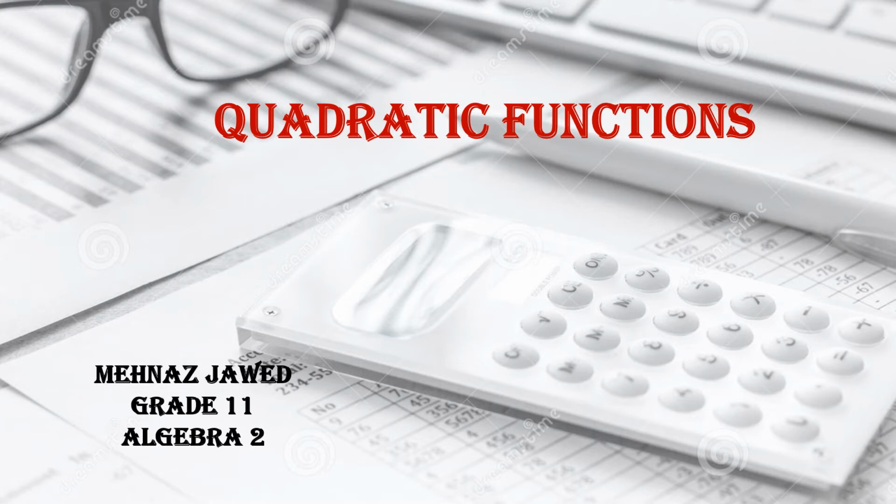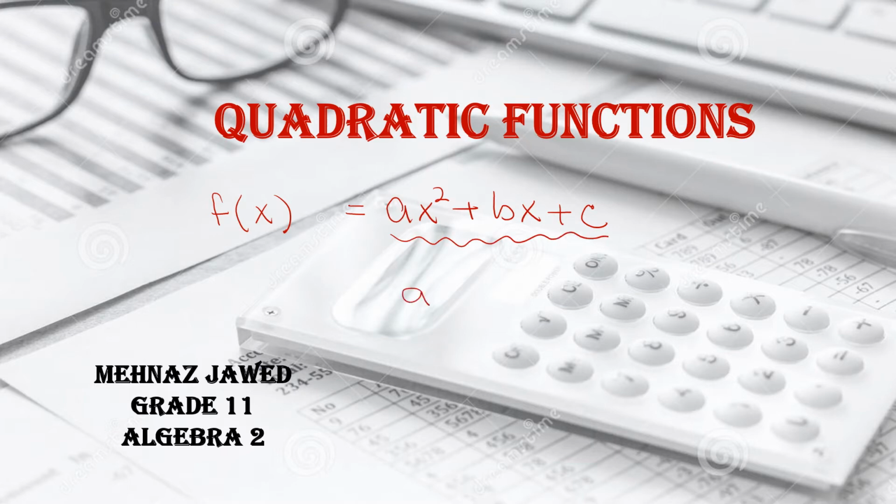Study about quadratic equations. You all know that the quadratic equation has a standard form, that is ax square plus bx plus c. If it is a function, then it should be represented by f of x, whereas separately the quadratic equation can be written in the form of ax square plus bx plus c equals 0. Here a is the coefficient of x square, b is the coefficient of x, and c is a constant term